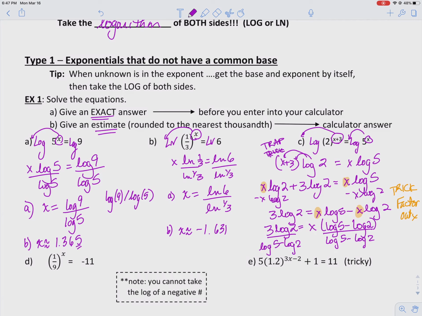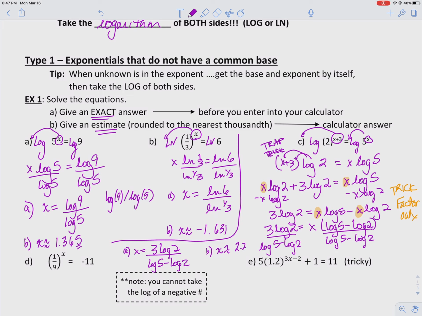So that means that this is my exact answer. Let's see, I'll make some room over here. So here's my exact answer: x is 3 log of 2 over the log of 5 minus log of 2. Now to get the estimated answer, I'll go ahead and tell you what that answer is,